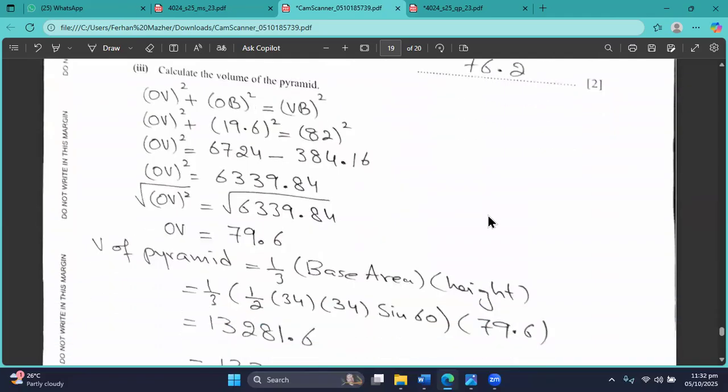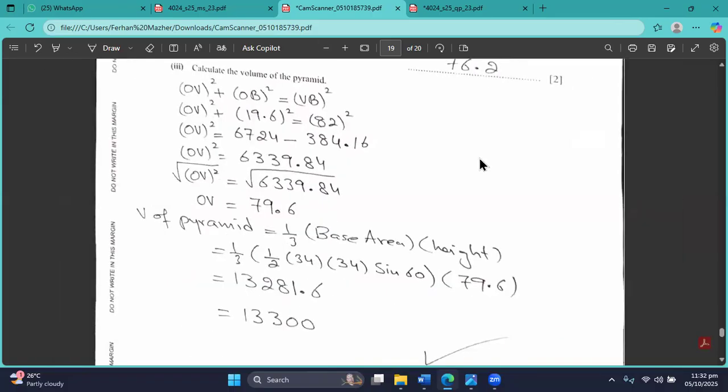So here it is. So apply the Pythagoras in that. OV square plus OB square equals VB square. So OV square plus 19.6 square is equal to 82 square. So the OV square will be equal to 6339.84. Take square root on both the sides. So the OV, which is the vertical height of the pyramid, that will be